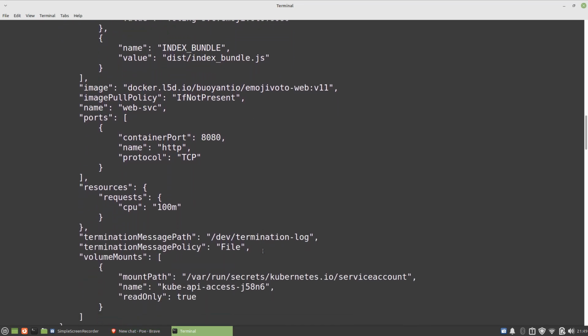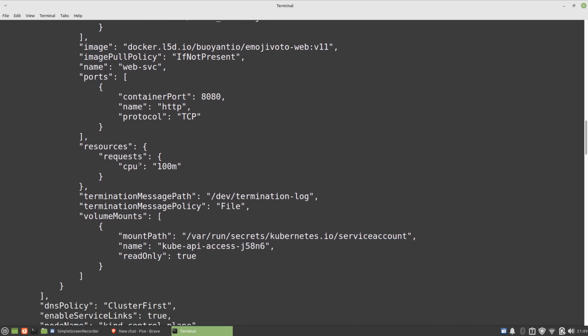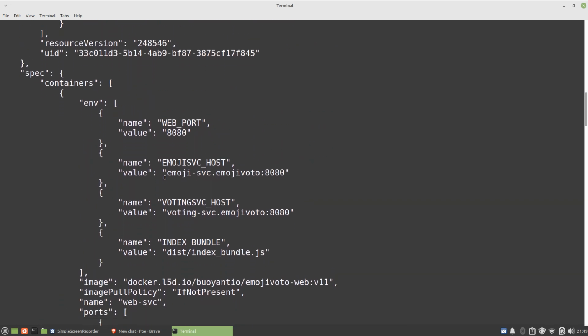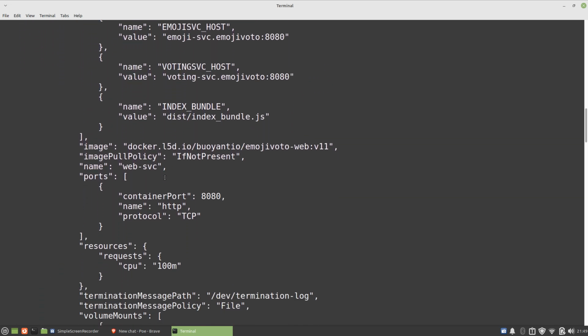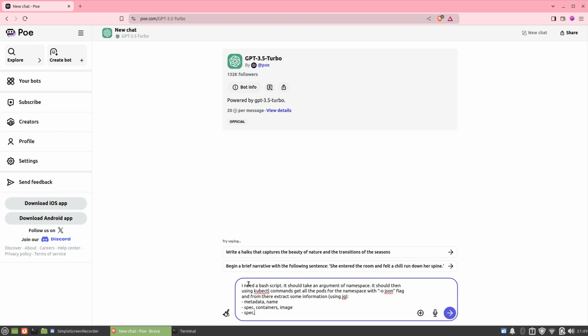That might be cool. Let's also get the requests. So that's spec containers resources requests CPU. So spec containers resources requests CPU